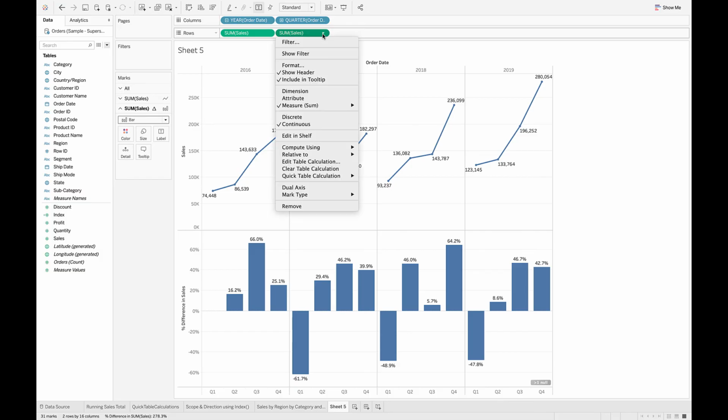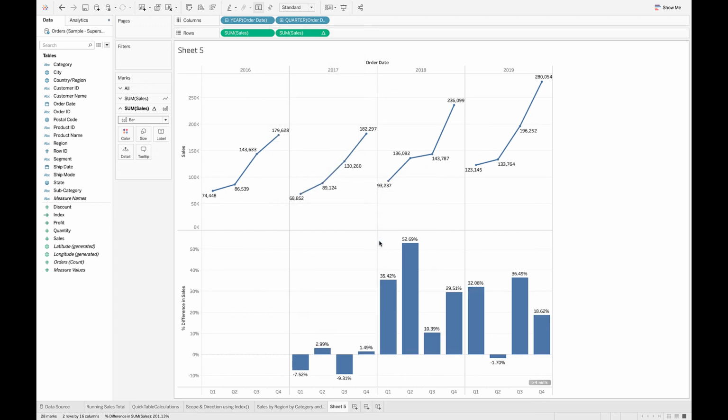Whoops, that's not. There we go. That's where we are. So that's our last visualization, showing you some examples of how to use quick table calculations and how scope and direction can fix it. So we're going to call this year-over-year